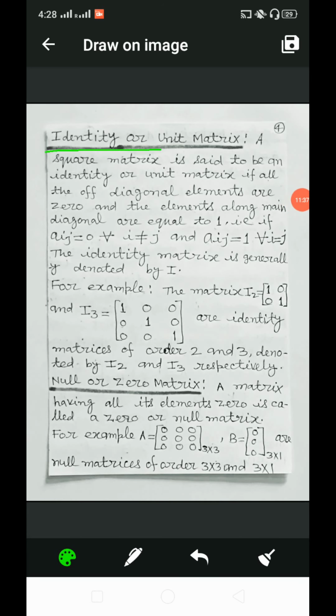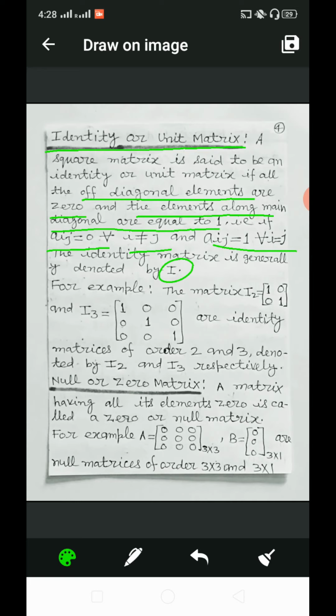Identity or unit matrix. A square matrix is said to be an identity or unit matrix if all the off diagonal elements are 0 and the elements along the main diagonal are equal to 1. That is, if Aij is equal to 0 for all i not equal to j, and Aij is equal to 1 for all i is equal to j. The identity matrix is generally denoted by I. Means identity matrix is denoted by